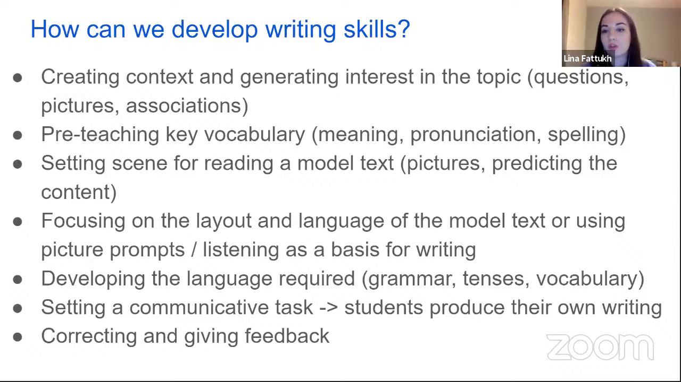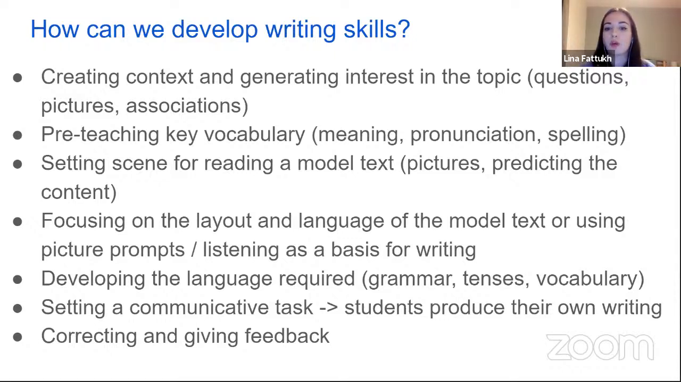It can also be done through pictures. For example, look at the pictures and guess what the text is going to be about. And then the students predict the contents, and then they read and they check whether their predictions were right or not. We focus on the language of the example or model text. We focus on the layout. We look at which words were used, what grammar, what tenses, what vocabulary was used in this example. We underline them or we circle them